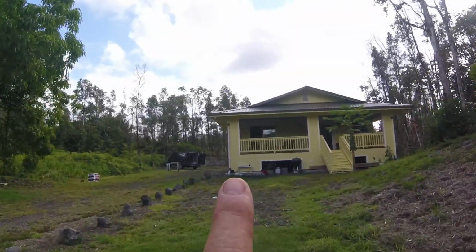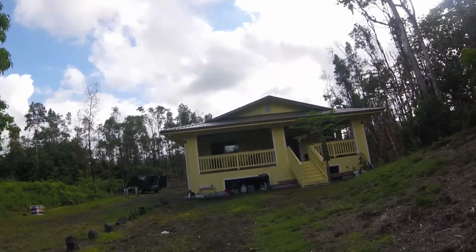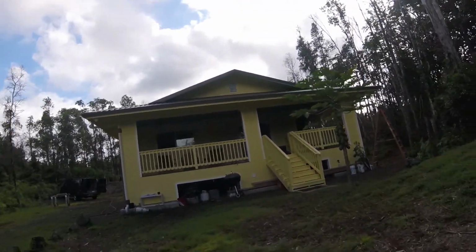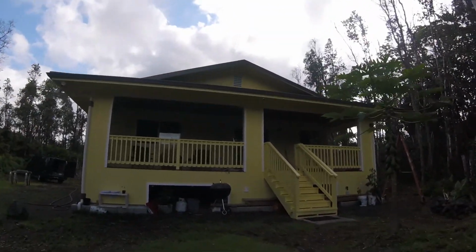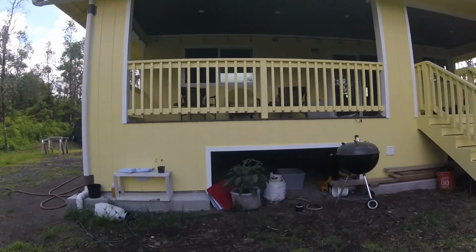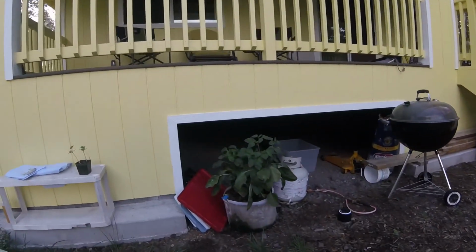We have a new Weber kettle, which we got on Craigslist. $60, was it? Yeah. Works like a dream. Works great. Had, what do we have? Some big piece of beef. This is the